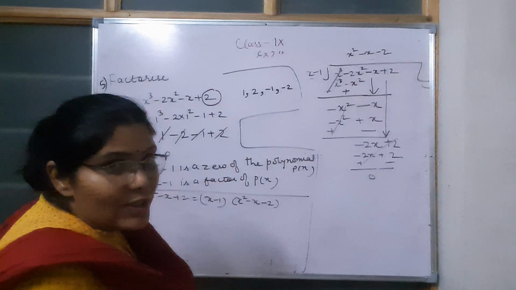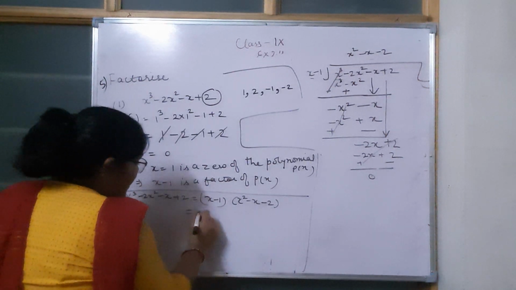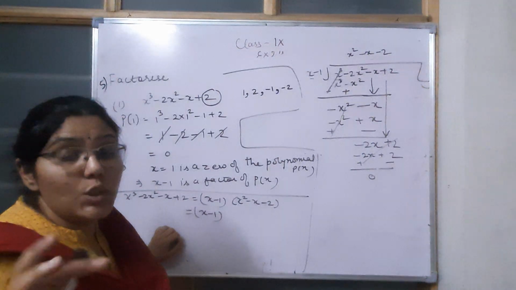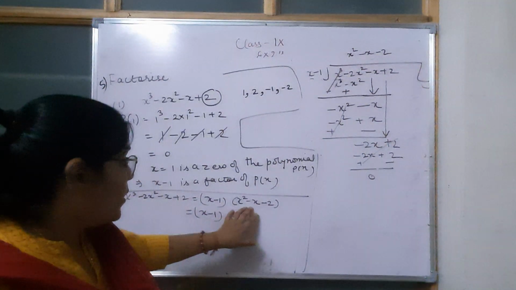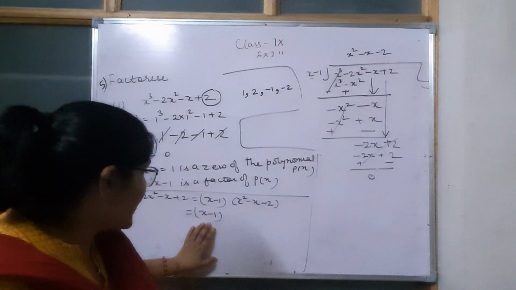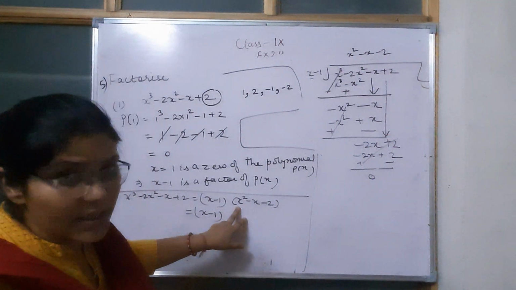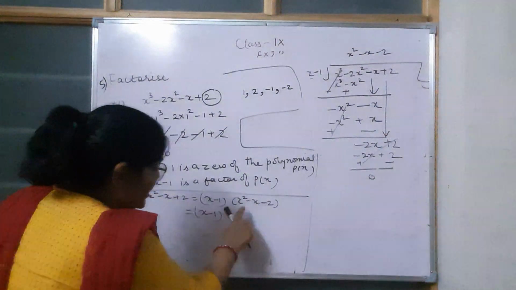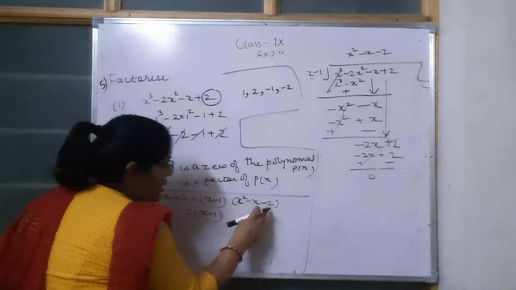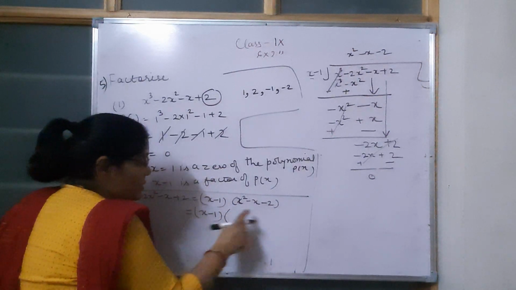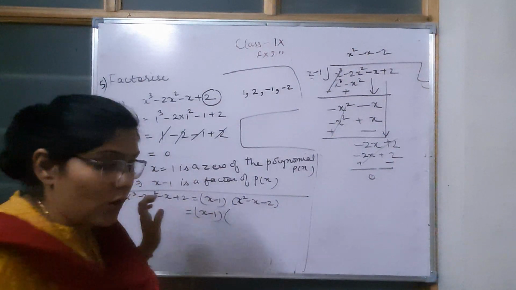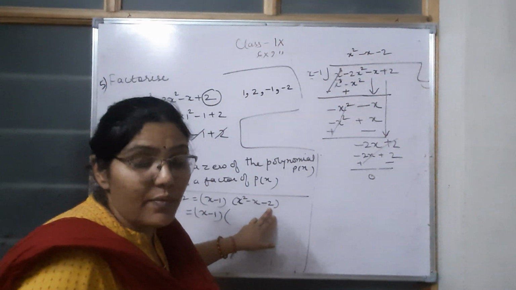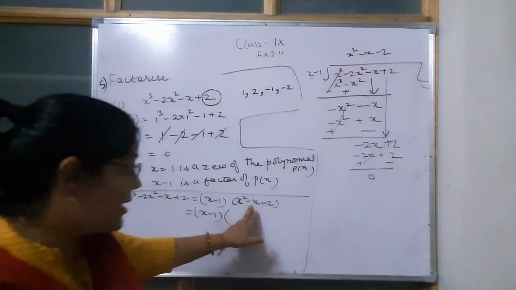Alright. Now just look here class. This is x - 1. This is a cubic polynomial and we want 3 factors, and we have just got 2 factors. One of the factors is x - 1. The other is of degree 2, so we can find the other 2 factors by middle term splitting because it is quadratic. How would we do the middle term splitting? We want 2 factors of 2 such that when we multiply them we get 2, and when we add or subtract them we get minus